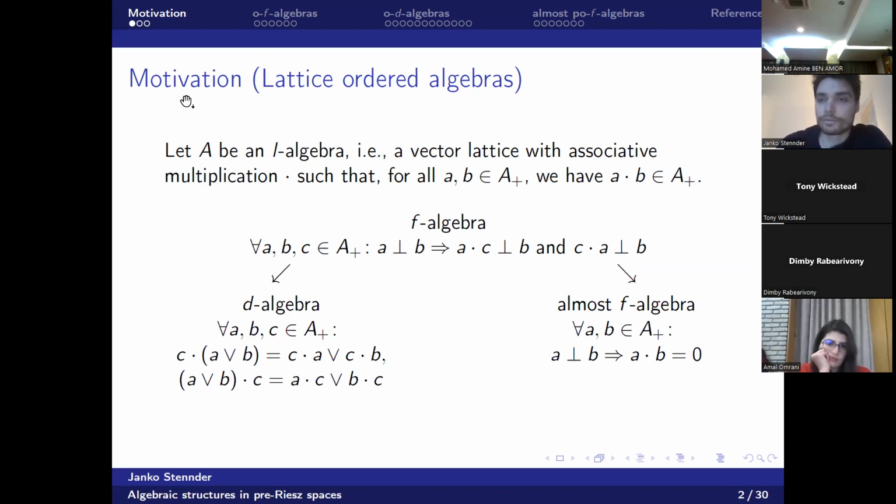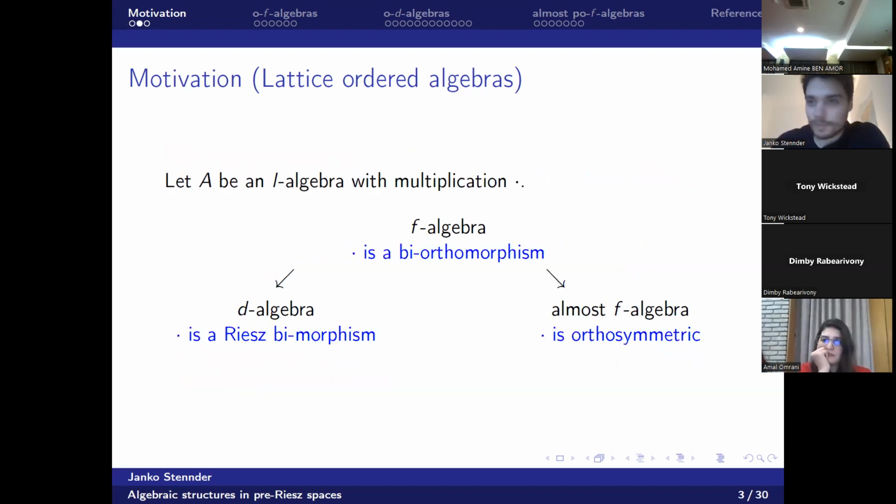And I was first introduced to this whole field in positivity when I was studying the tensor product of almost f-algebras together with Anke and Damla. There we realized that all those multiplications are just given by special kinds of bilinear maps, which are shown here. In f-algebras, the multiplications are bi-orthomorphisms. In d-algebras, those are Riesz bimorphisms, and in almost f-algebras, those multiplications are